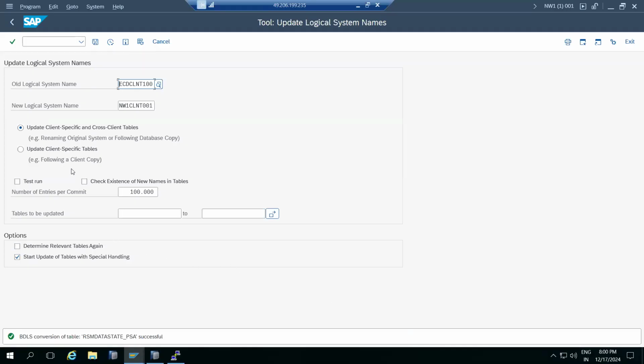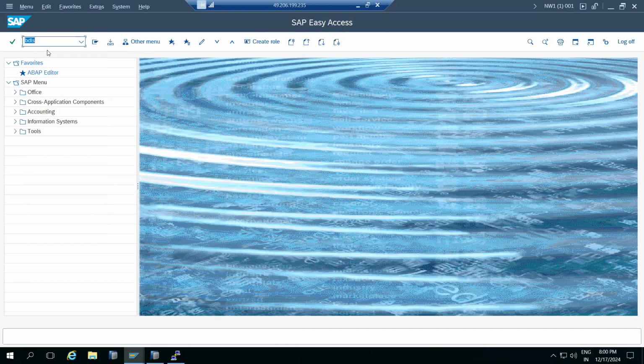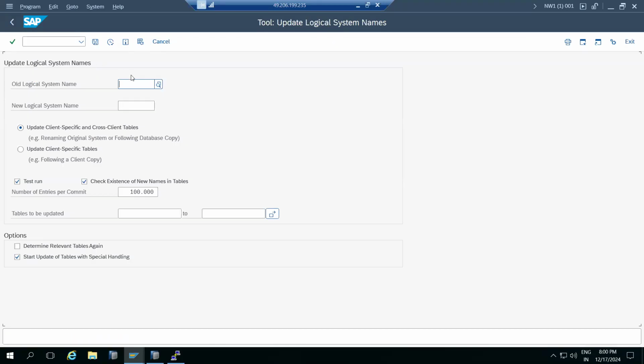In that case we have one option, the BDLS conversion of the logical system. BDLS is the transaction code. We have the production logical entry; the old entries are there in the table. What is the new logical system name? Then you need to provide your respective quality related entry. Then you need to remove the test run, and specify which tables. I want only A star to